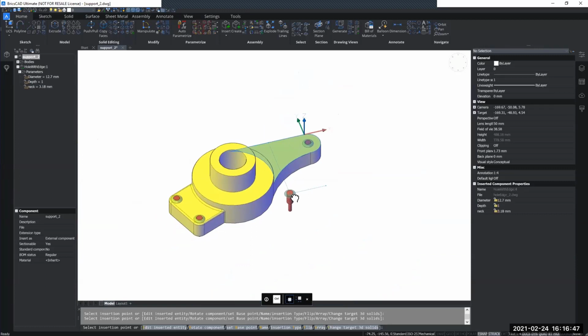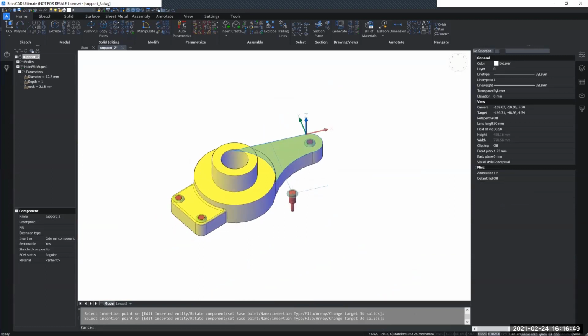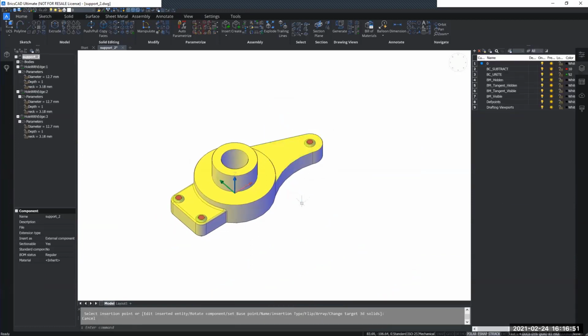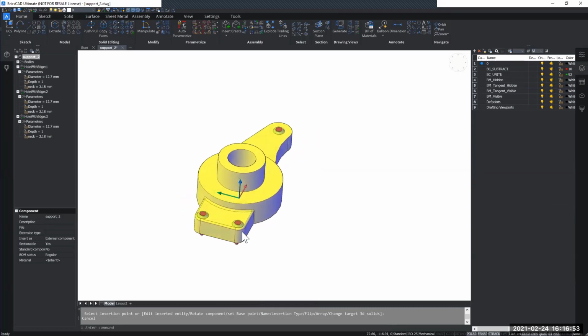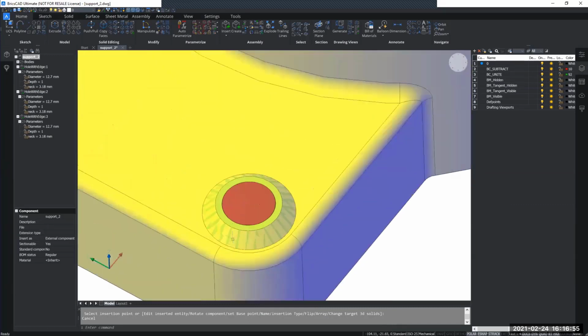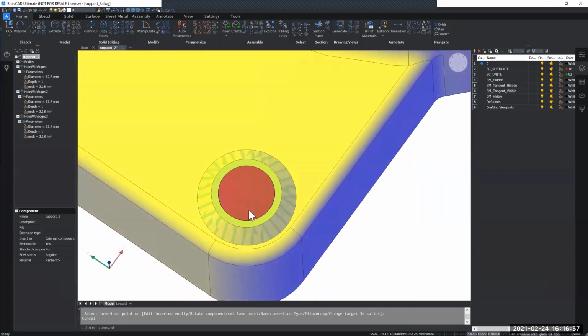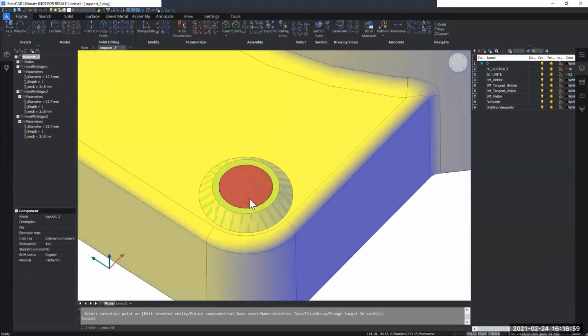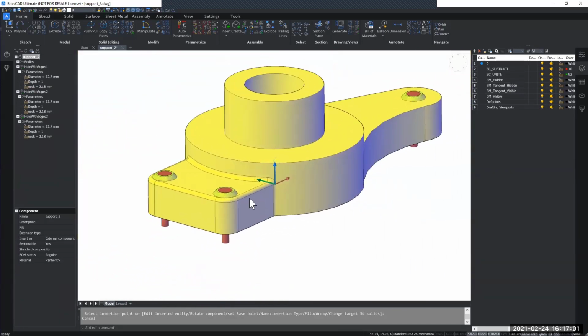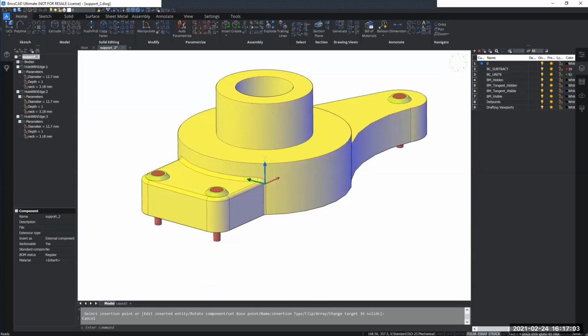Then I placed all the holes I wanted to place and I will exit out of the command. Now you can still see the unite layer and the subtract layer is visible here. I would like to remove these, which is in step 7. I can then go to the layers panel and I can locate the layers and turn off the visibility from